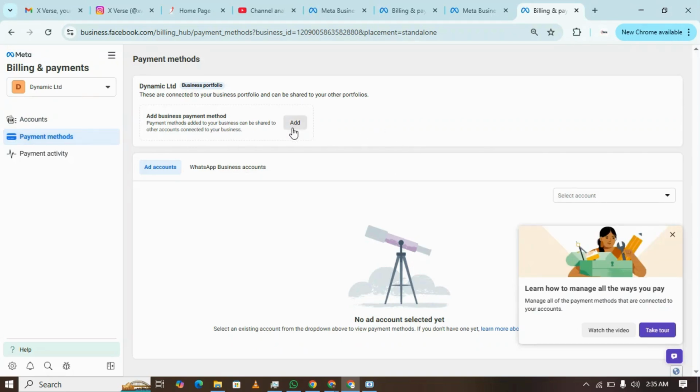Here you can add a business payment method by which you can manage payments for all of your assets like Facebook API, Facebook page, Instagram account, your app, etc. You can manage everything from the single card that you put on, or if you have multiple ad accounts in